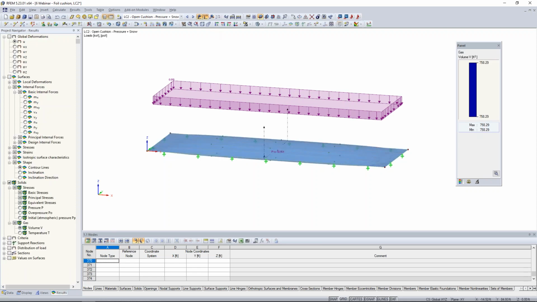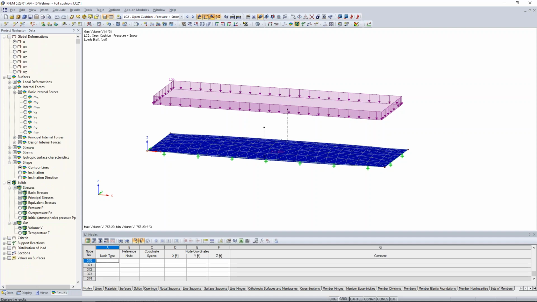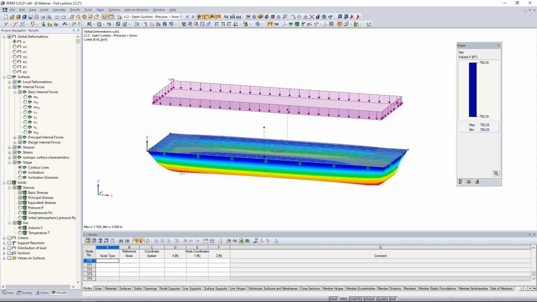presented with some additional loading scenarios, such as snow load on a roof. So what we can do in this second load case is to also add in a 10 psf snow load to it. So when we rerun this calculation, we'll now consider this area load on top of these fabric membranes. We've also applied an additional solid load in the interior here, a little bit higher than what we saw with that initial load case. So now when we look at our results here for the global deformations, we're seeing the